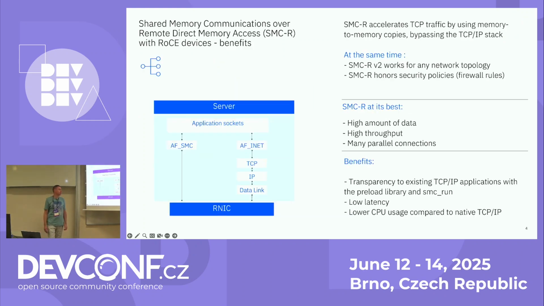The performance improvement is achieved by bypassing TCP/IP stack processing. The data are written directly into the memory using RDMA over converged Ethernet, or RoCE, adapter. The best results are achieved for streaming workloads, but you can also expect a better data throughput for request response